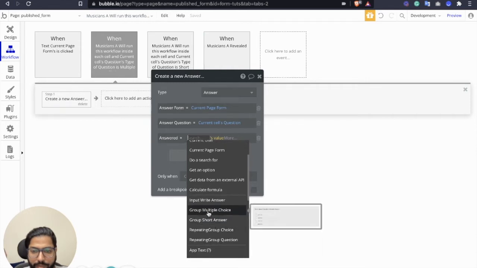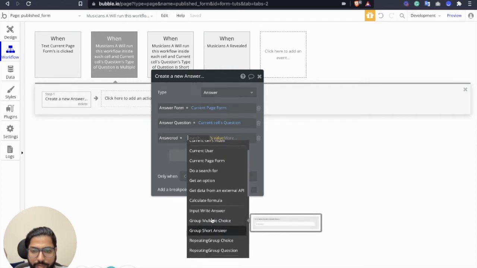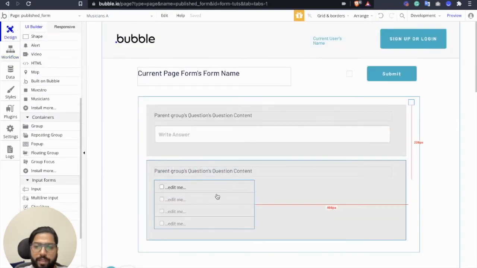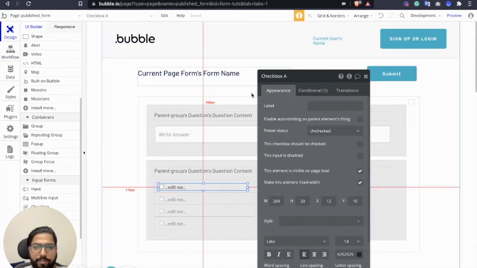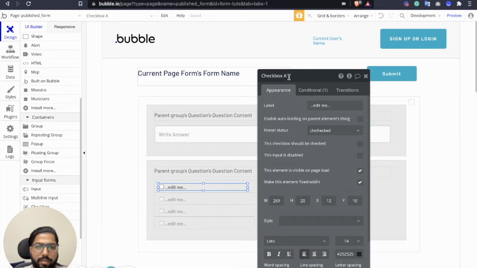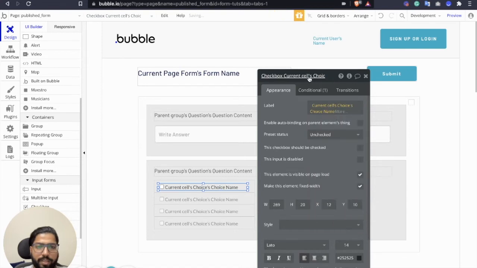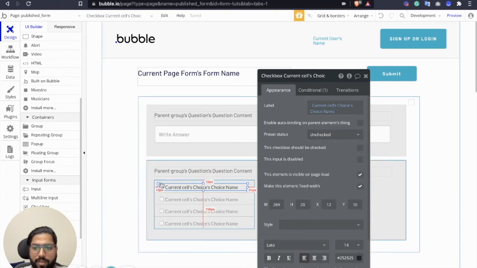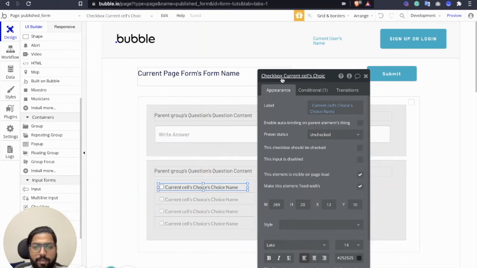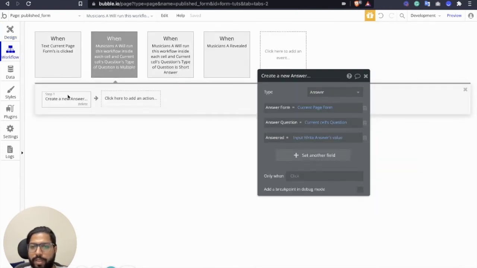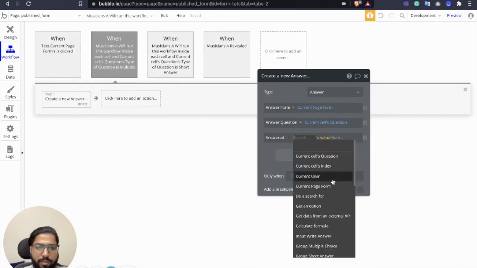where is it? Okay, what would we name this? This should be the current cell's choice name. Yeah, current checkbox, current cell. So we're going to go back here and say, instead of input,